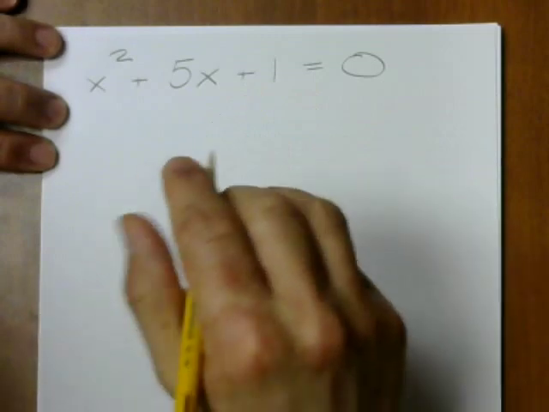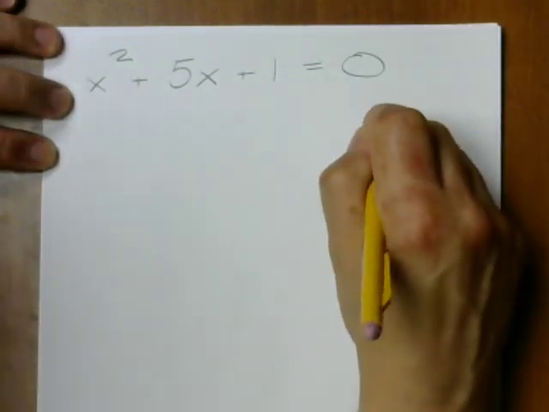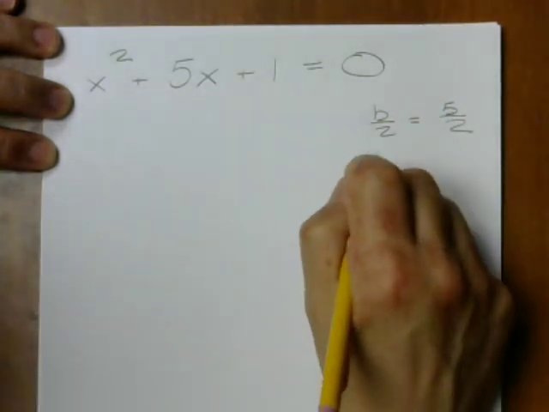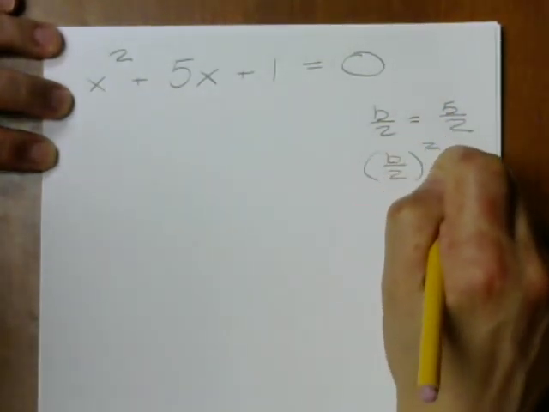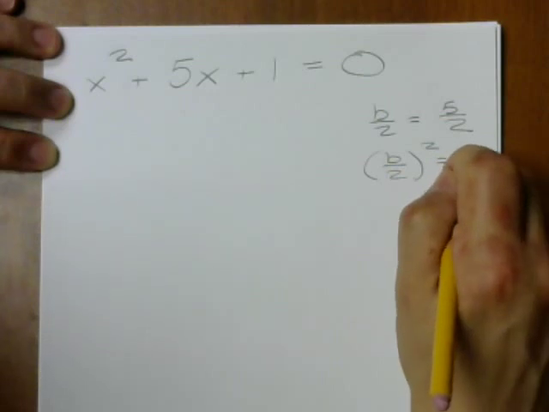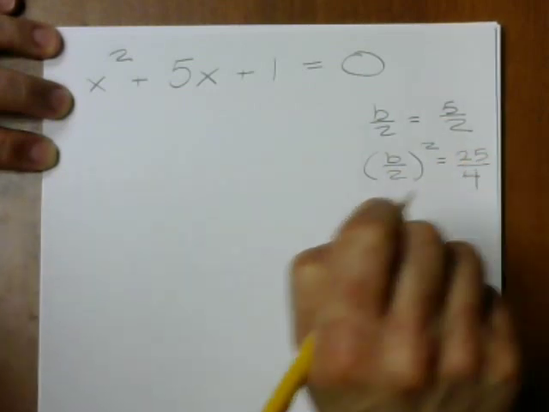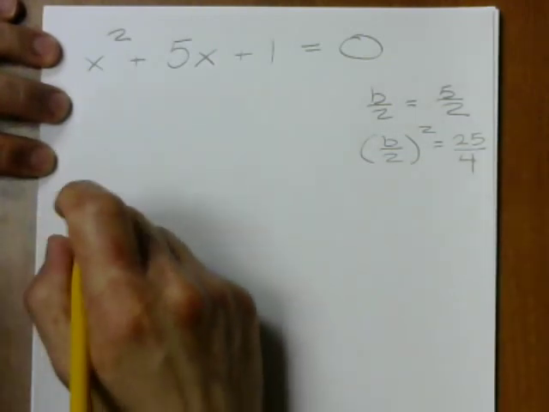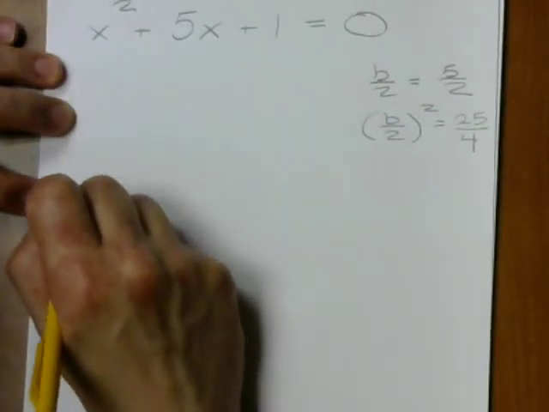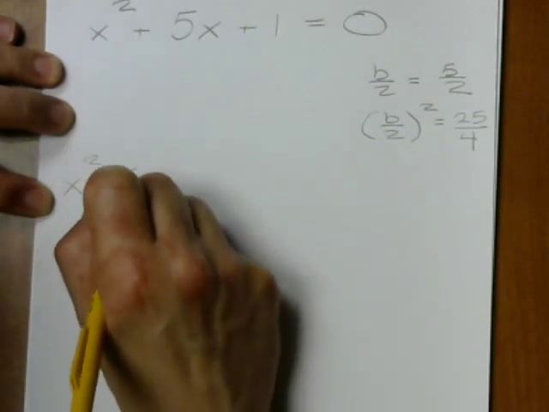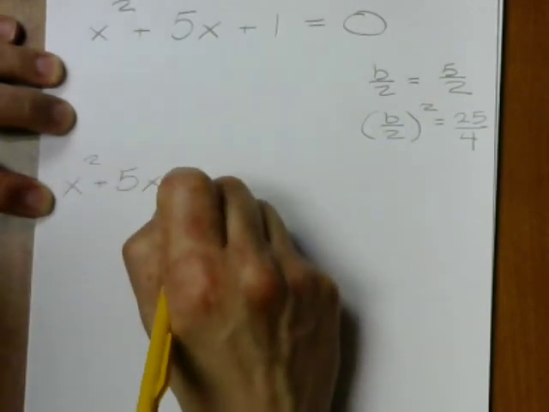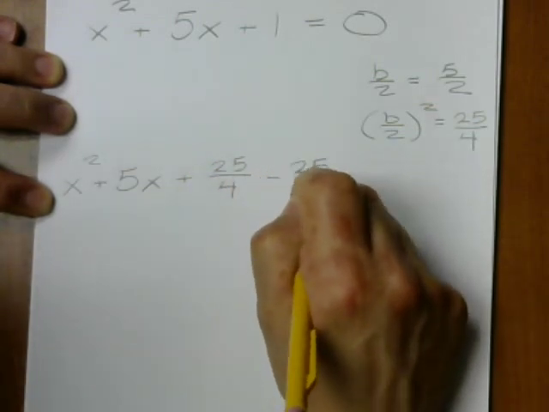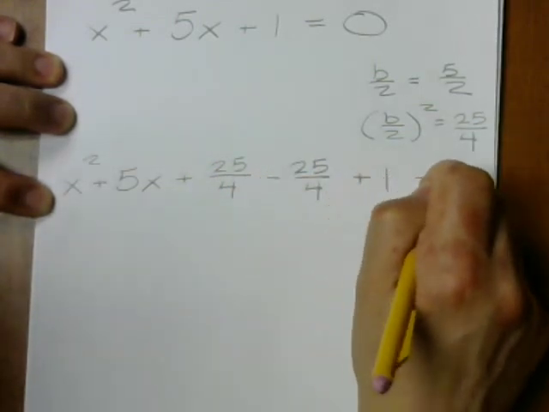So what do we do? We take b over 2. That's going to be 5 halves. And b over 2 squared, that's going to be 5 halves squared, or 25 over 4. And what we do is we add and subtract the b over 2 squared. So we're going to get x squared plus 5x plus 25 over 4 minus 25 over 4 plus 1 equals